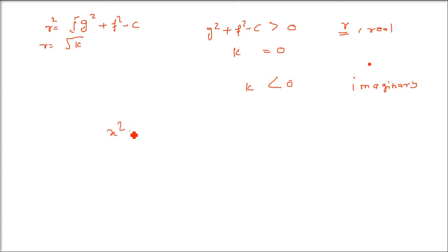Now let me tell you again the features of this general equation: x square plus y square plus 2gx plus 2fy plus c equals 0. The first thing is x square and y square, so it is quadratic in both x and y. The second thing is the coefficient of x square is equal to the coefficient of y square. Whenever we are solving a problem, it is advisable to keep the coefficient of x square and y square unity, 1. Always make it 1, then proceed.